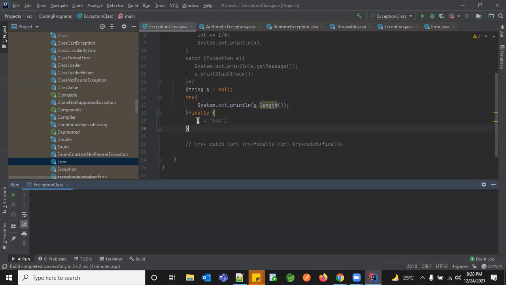Unless you wanted to have additional orchestration logic on top of this and you wanted to assign some other new value to s, then you can use that s. So right now, if I'm using s over here, it's not doing anything. So your initialization has to happen outside your try block and catch block if you're going to use that variable in your further blocks. So that is one of the common errors which we might expect anytime when we do programming. So what I'm doing is every time I get a null pointer exception, finally I'm assigning my s with some value. That's it. I'm not doing anything else. So let me run that.